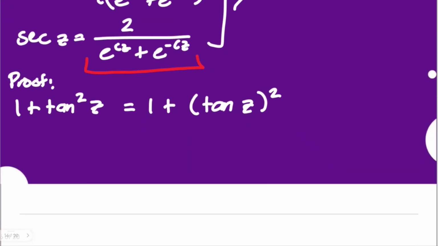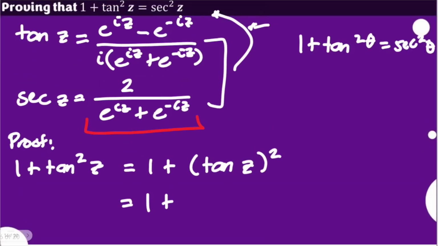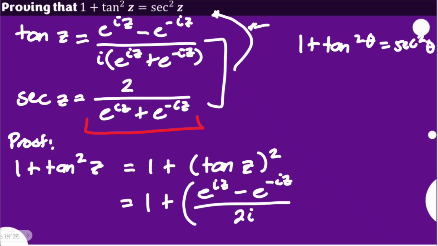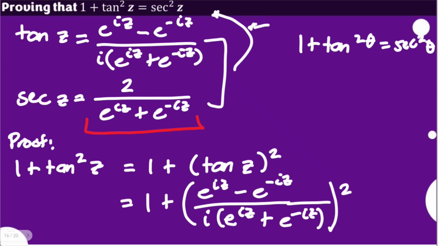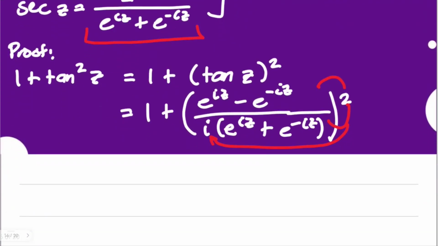So we will have here 1 plus the square of our tangent z. You have e to the power of iz minus e to the power of negative iz all over 2i. I was thinking of sine. Sorry, it's tangent: i times e to the power of iz plus e to the power of negative iz. You're squaring that entire expression. So for this, we are going to apply the power law, share the exponent here, and even to the i. So what will happen here is that at the bottom, it's still 1 there.